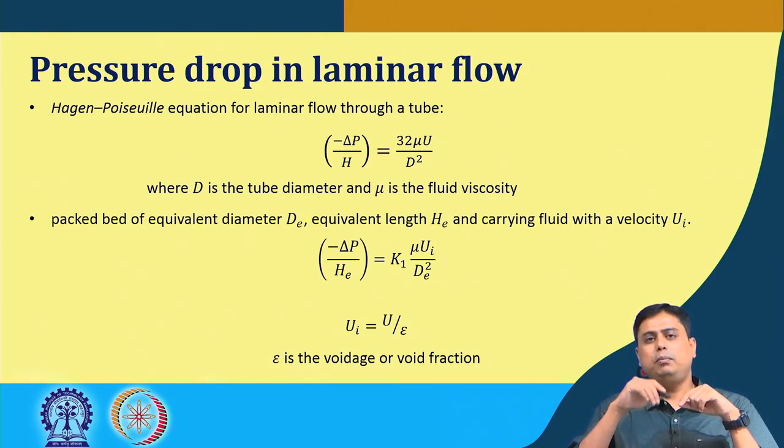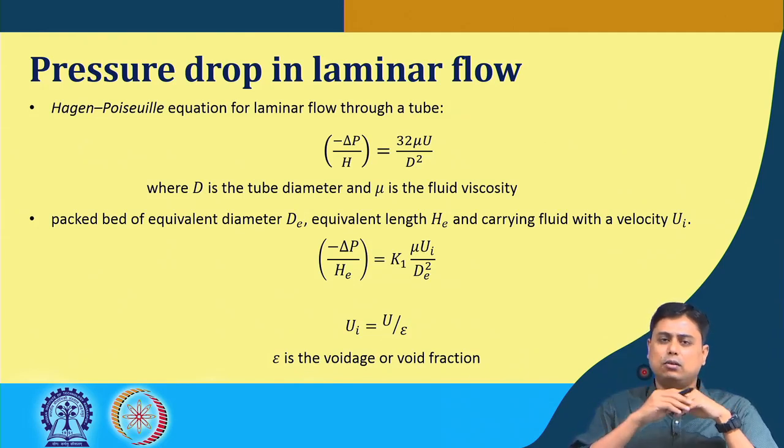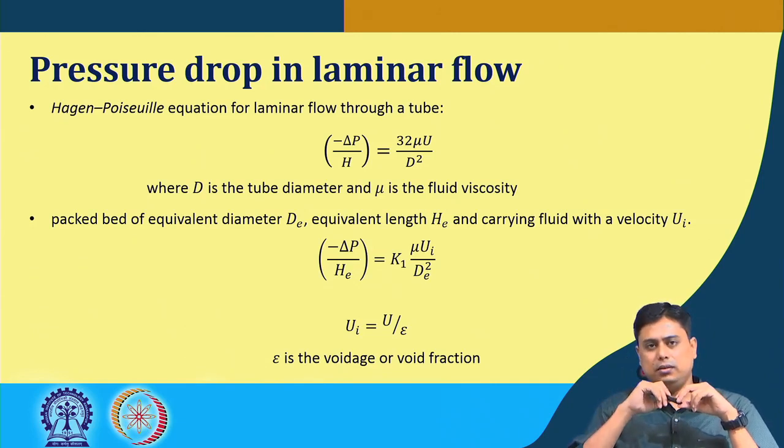that depends on the shape of the tubes' paths, because the paths are basically not straight. It will have a tortuous path in reality, through which water or any fluid can flow when there is a stack of particles. This interstitial velocity is nothing but the superficial velocity divided by the voidage, or the void fraction that is available for the flow.